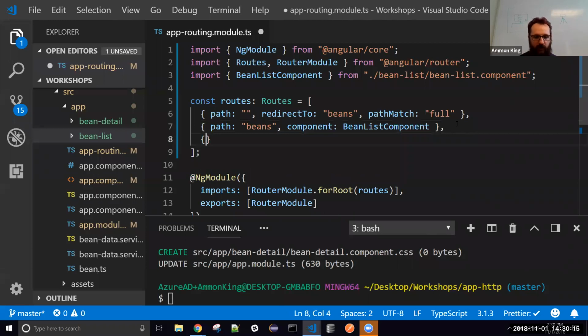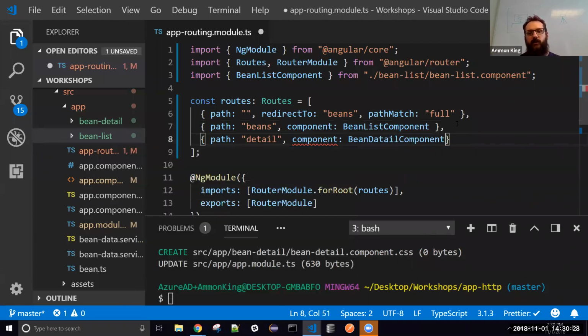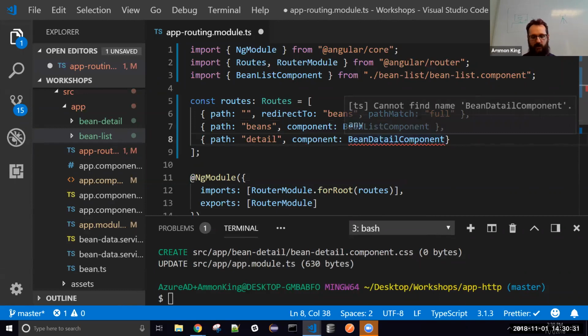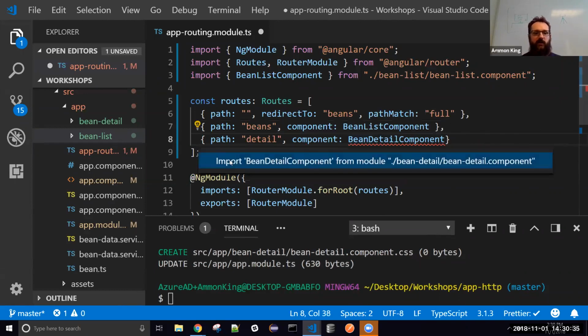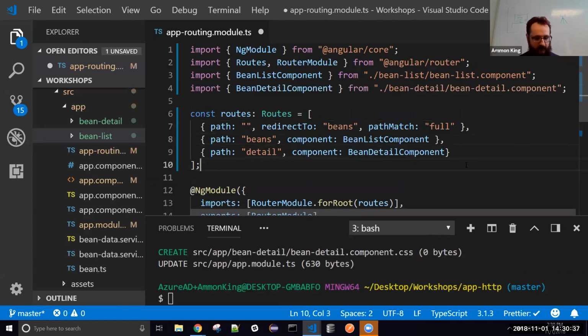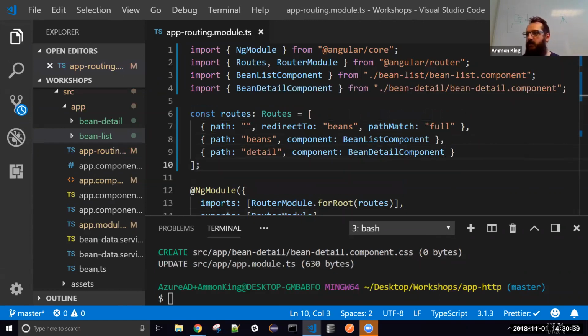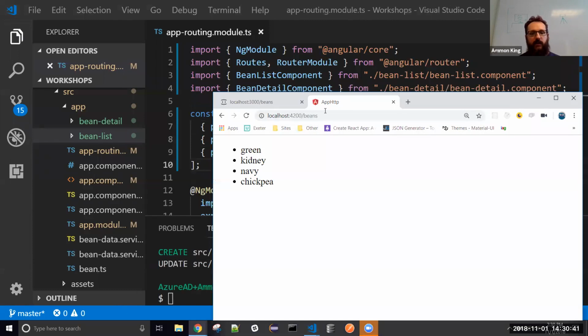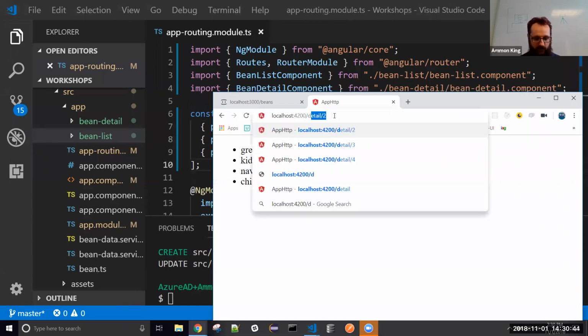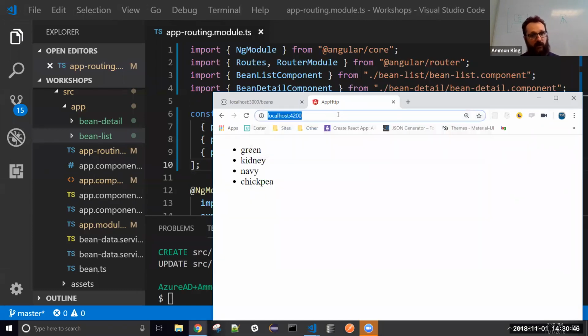I'm going to add this into my router. Path of detail. Detail is going to load up a component of bean detail component. And I can import that. That means if I go to /detail, if I can spell it right,